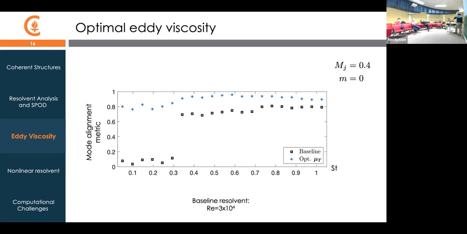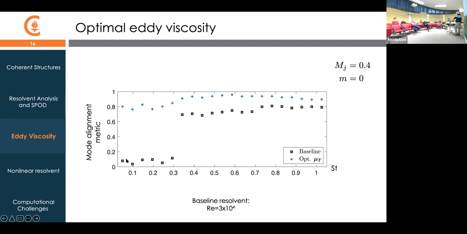So in the region where the jet is dominated by this Kelvin-Helmholtz instability, even without an eddy viscosity, you get relatively good agreement. It's not really surprising in the end because the Kelvin-Helmholtz mechanism is an inviscid instability. It's insensitive to the Reynolds number in the regime we're looking at. So you get at least decent agreement without any specific value of viscosity.